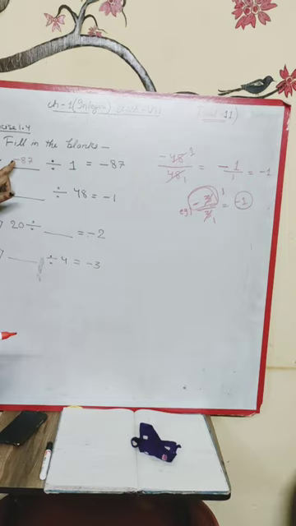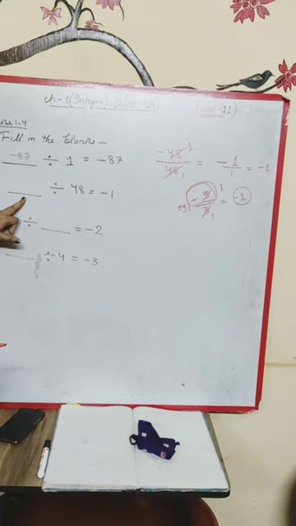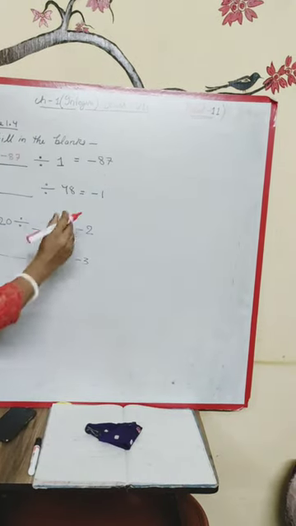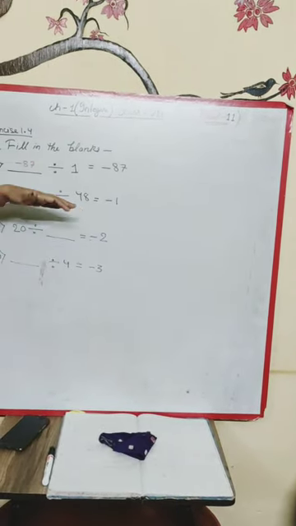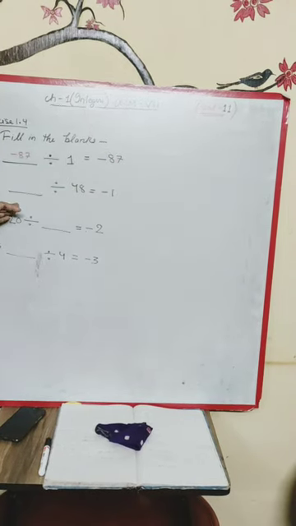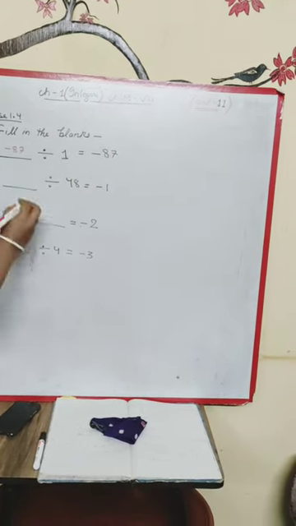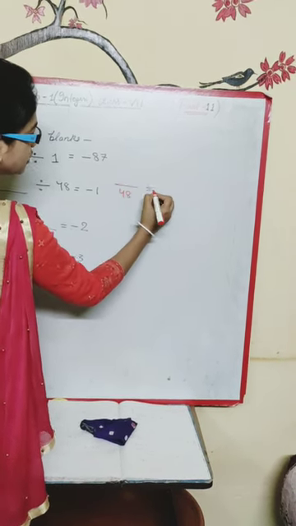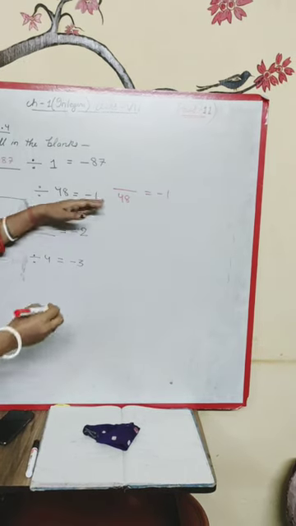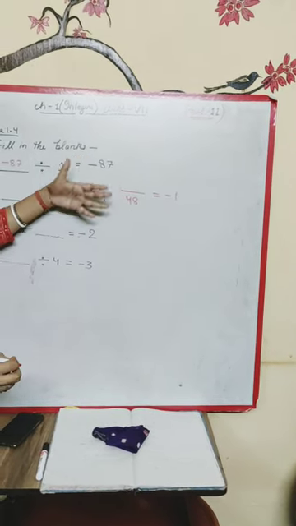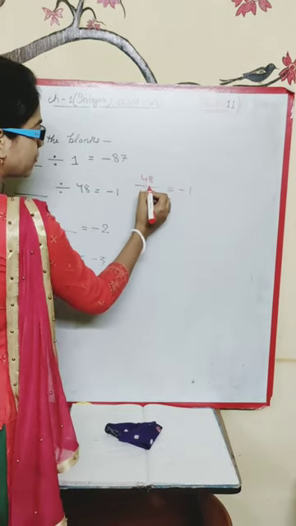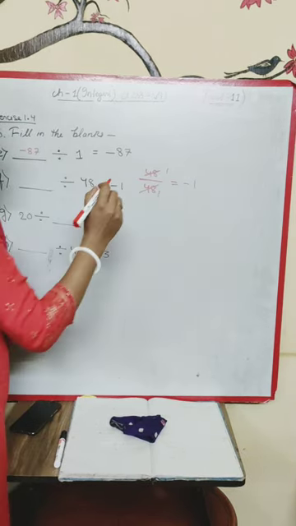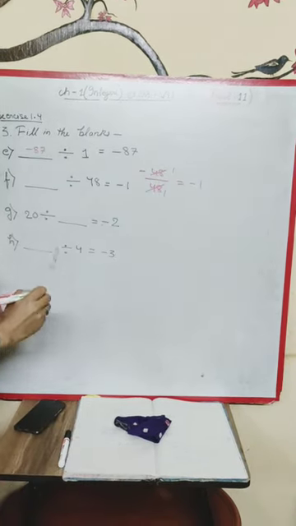Another question. Sorry, this is the question we are solving here. I wrongly wrote the question over here. So what do we have to do? Similarly, whatever we solved here for part F, dash should be divided by 48 and the answer will be minus 1. So we have to divide the number as it is, like 48 divided by 48, the answer will be 1. So here the answer is minus 1, so we have to put the minus sign over here: minus 48.